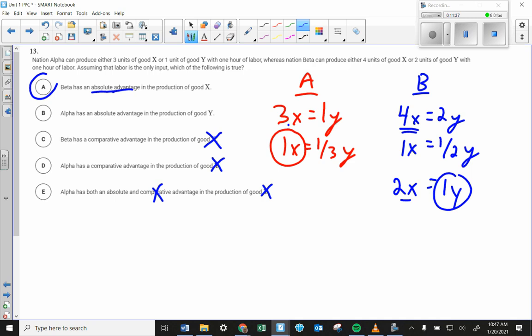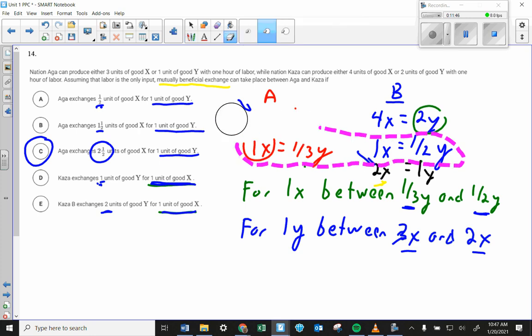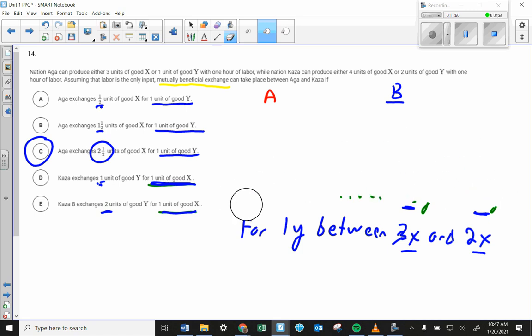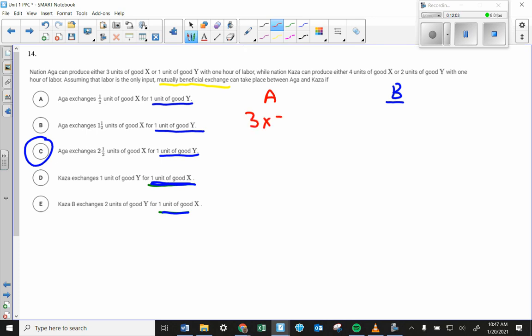All right, then they come in and they give you the exact same thing here. And I've really marked this one up here. So I'm going to go ahead and start over again and rewrite this, because I've really marked it up and I want to make sure I work through my logic here on all this. Okay, so we start off and we say that for alpha, 3X is equal to 1Y, and for beta,